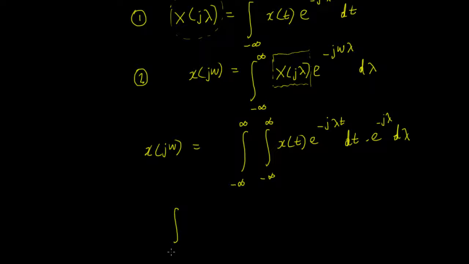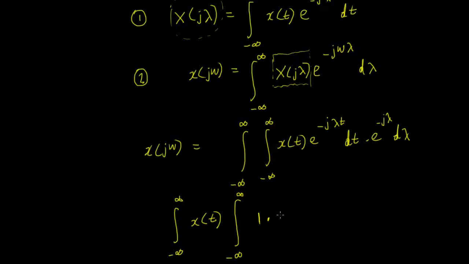Okay, so that's us written out in full, but it can be simplified now. We can take the x of t out. x of t is not a function of lambda, so it can get taken outside one of the integral signs. So we're going to have x of t, and we'll have the integral from minus infinity to infinity of what's left. Now what's left there is going to be 1, because we think about it as 1 times